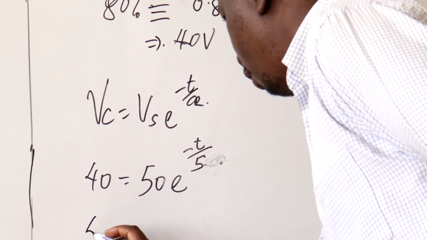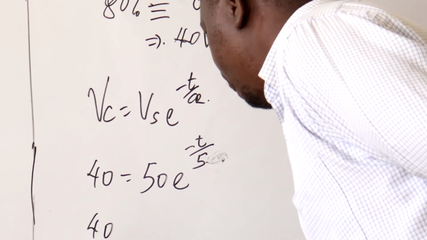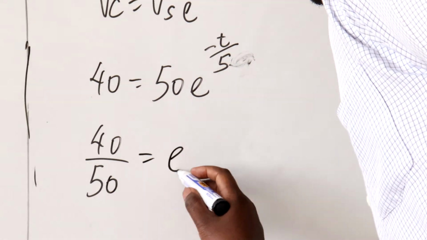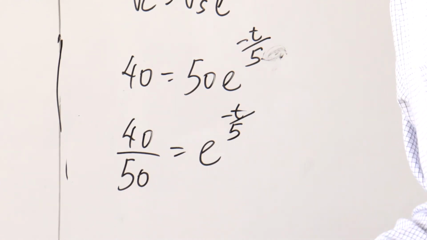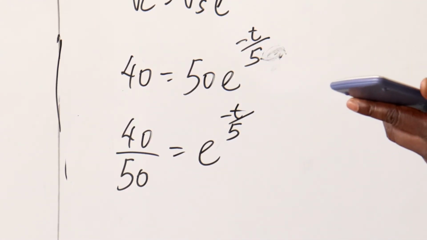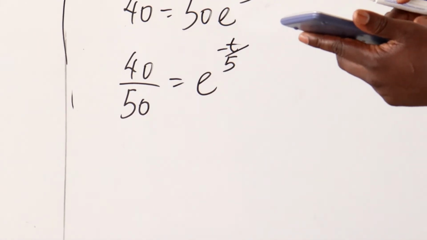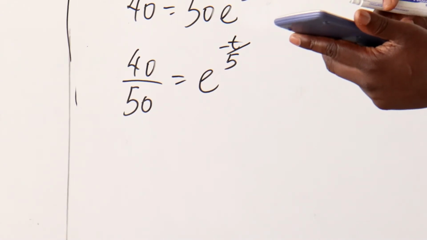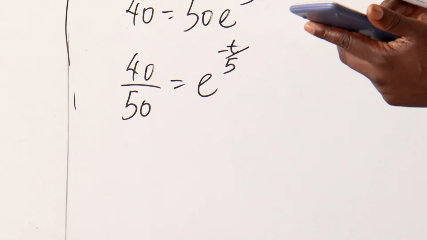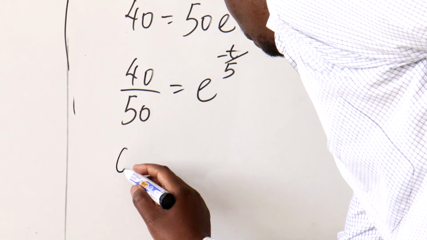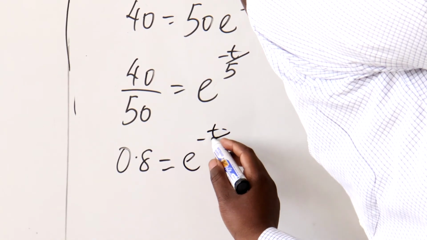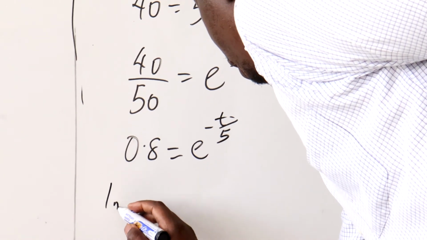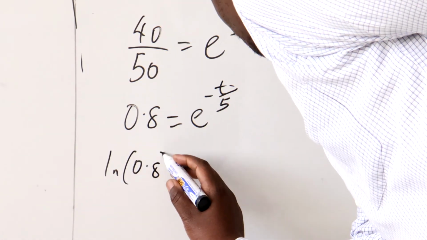So that is 40 over 50, which is supposed to be e^(-t/5). 40 divided by 50 is 0.8, which is e^(-t/5). So ln of 0.8